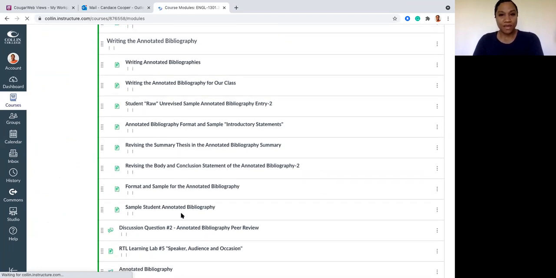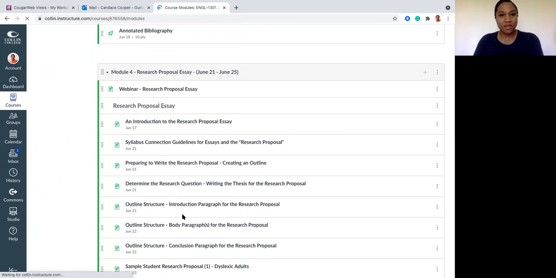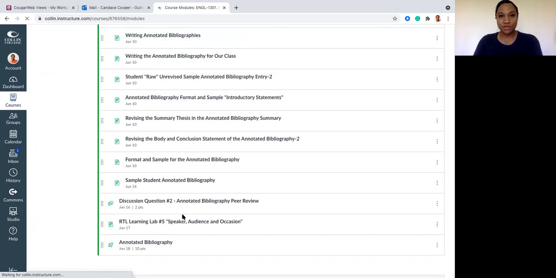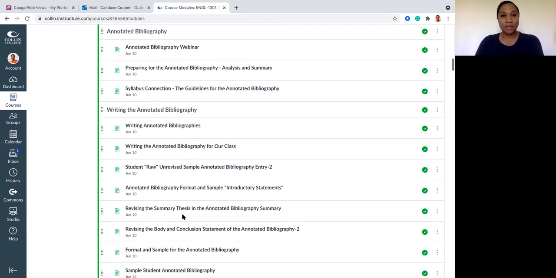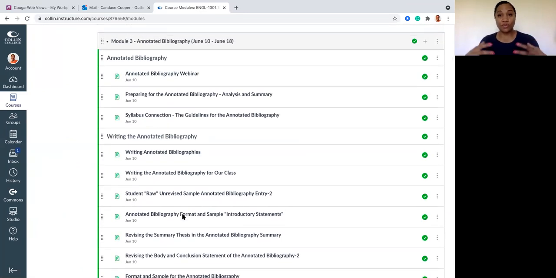First of all, the annotated bibliography assignment connects to the research proposal assignment in a couple of ways. First of all, they're both summary assignments, all right? So that's something you want to keep in mind. So we won't be doing any sort of direct quoting. Nothing should be in quotation marks except for the title of the text. So you want to keep this in mind. These are both summary assignments, so no direct quoting. All right, and this is in your syllabus, but I just want to remind you there should be no direct